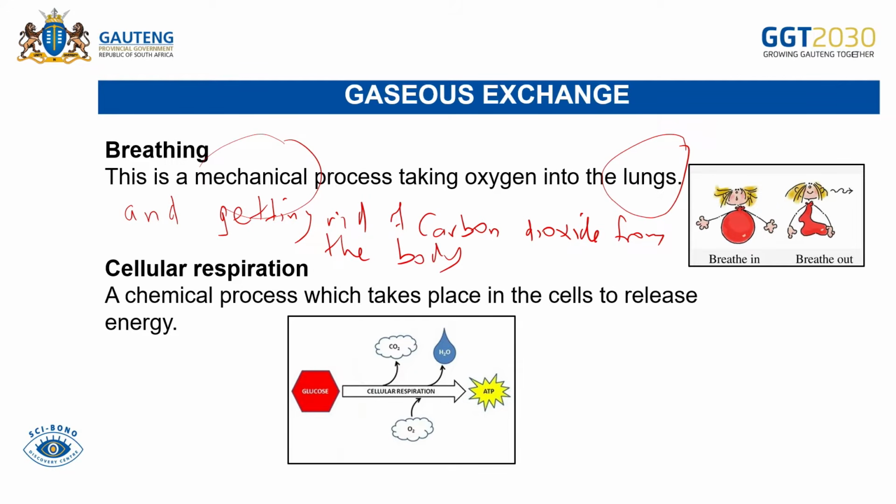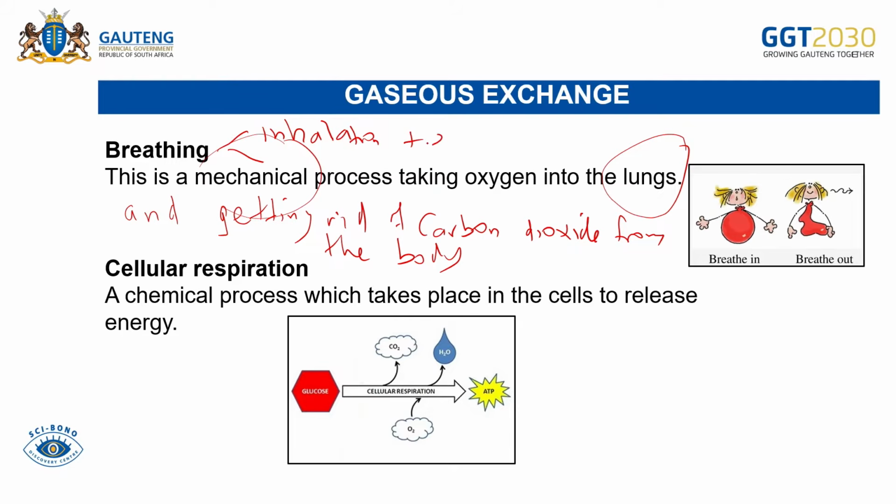So what is actually gaseous exchange? It's a mechanical process, okay? It's a mechanical process involving the taking in of oxygen from the air into the lungs and the removal of carbon dioxide from the body through the lungs. Mechanical process of taking in oxygen from the air into the lungs and the removal of carbon dioxide from the body out of the lungs, which we call inhalation and exhalation. So breathing involves two processes, inhalation